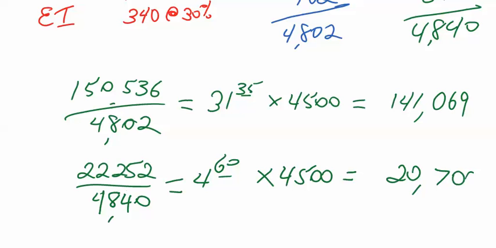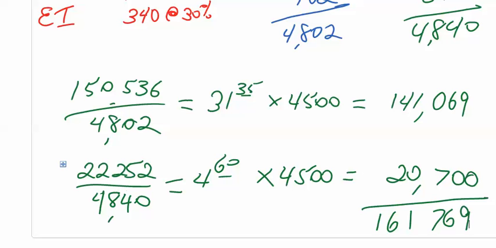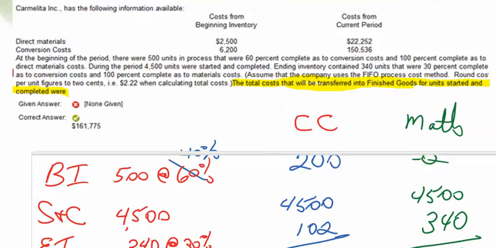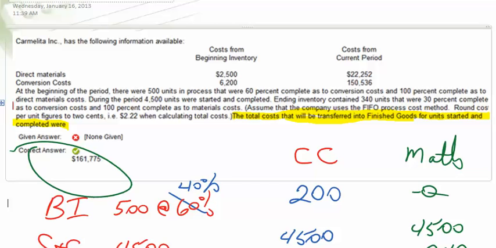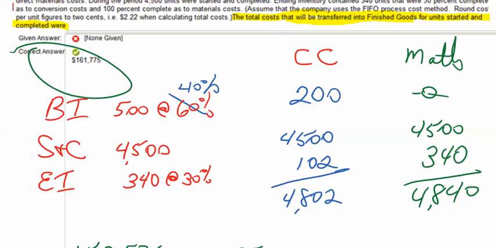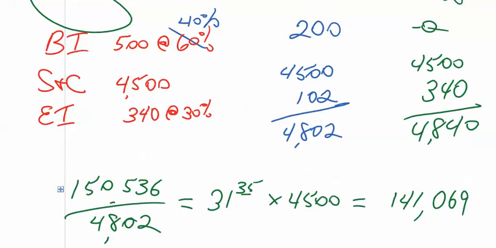If I add these together, that will give me my total cost of the units transferred that were started and completed. Looks like $161,769. And due to rounding, it would actually work out here. So if you round sooner than I did, it'll work out, and that would be the best possible